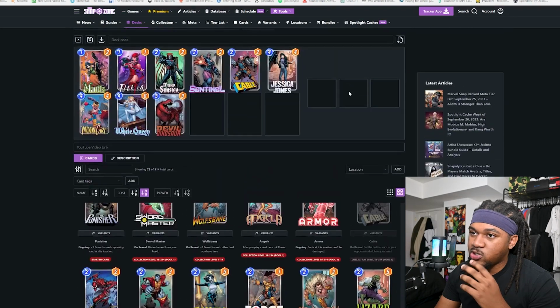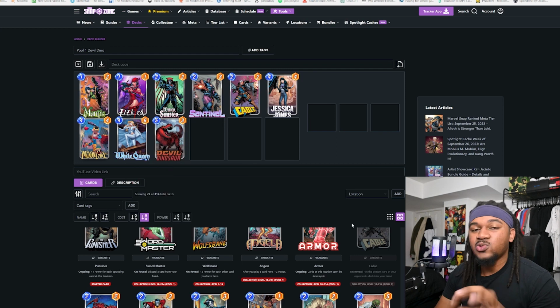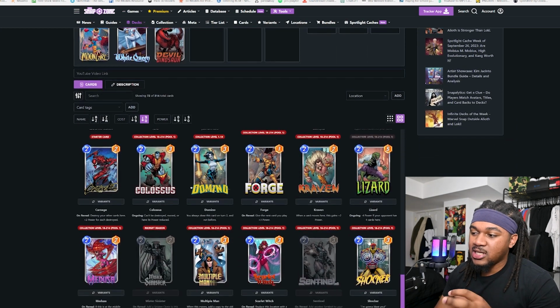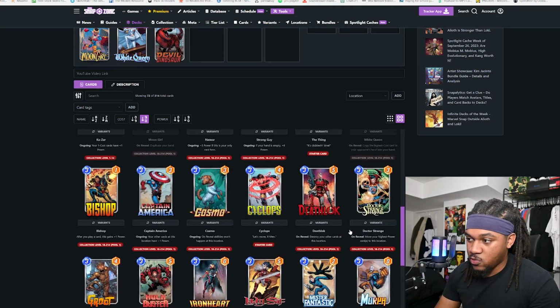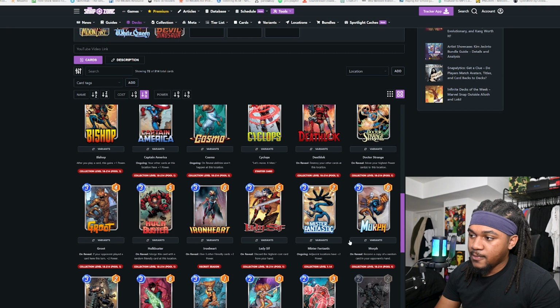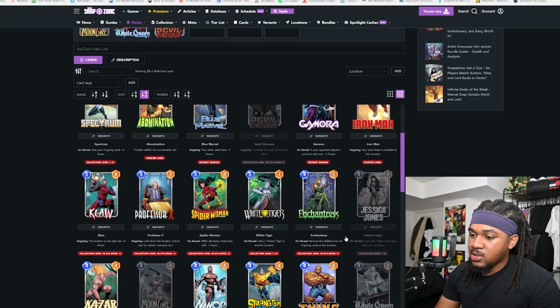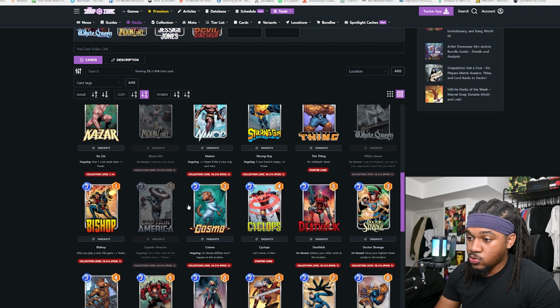So we got 3 more cards left. So we got 2 1s, 2 2s, 3 2s, 3 4s. So this one, like I said, since it's kind of a hybrid, it's not following the rules to a T that we established earlier, right? So let's look for some 3 cost cards that we might want to use. Let's see here. We can do Captain America, and then let's do